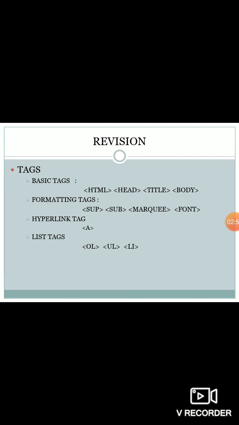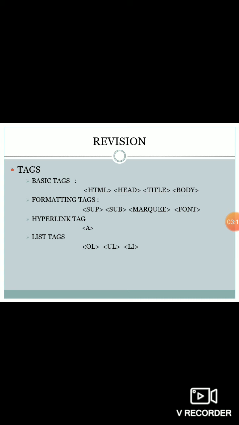Then if I don't want to give a particular sequence, just I have to put some bulletin, then that time I can use the UL tag with the symbols as circle, disc and the square. Then whenever I want to put the data in front of this particular OL or UL symbols, we used li tag. Li is nothing but the list item.